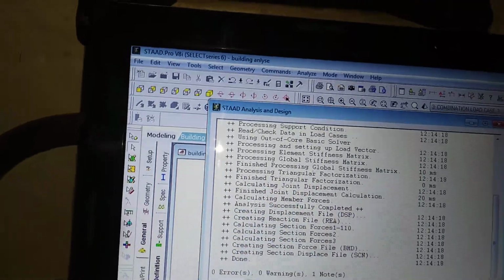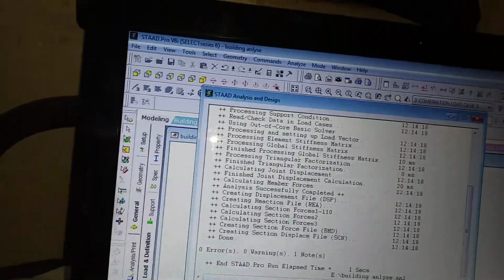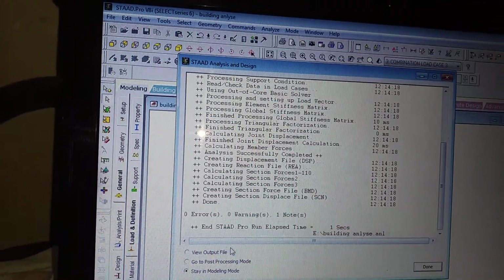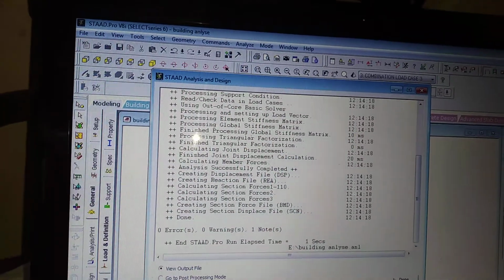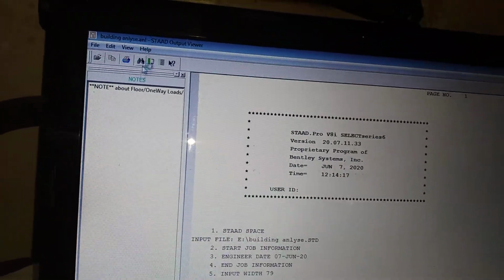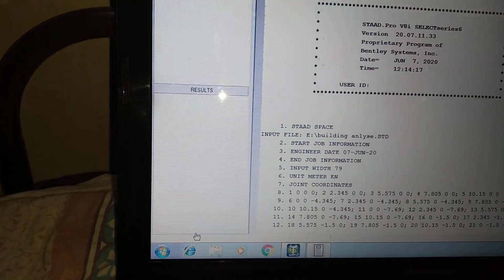So it shows the errors and warnings. I analyzed one time, so there is no warning. If you want, you can go to view output file. Done. See here, you will get the results.